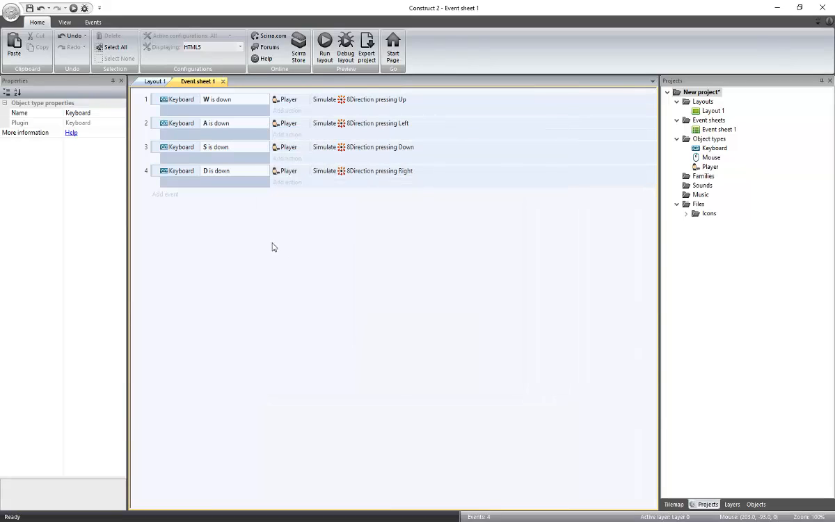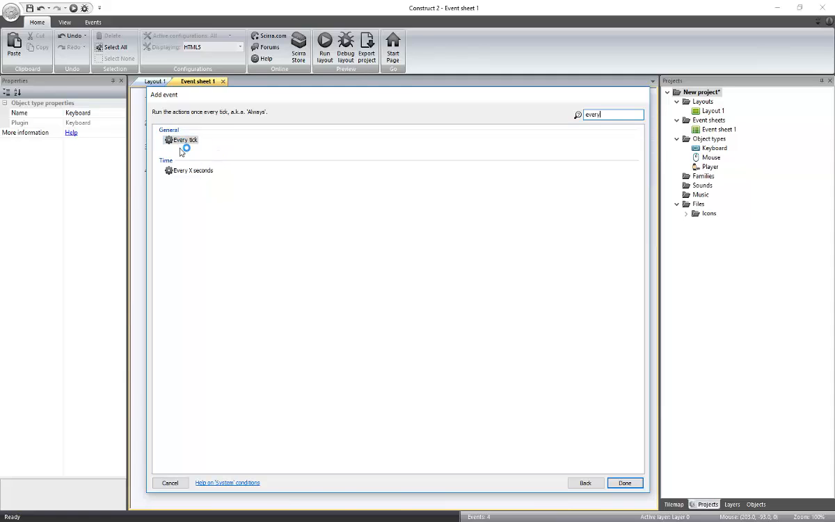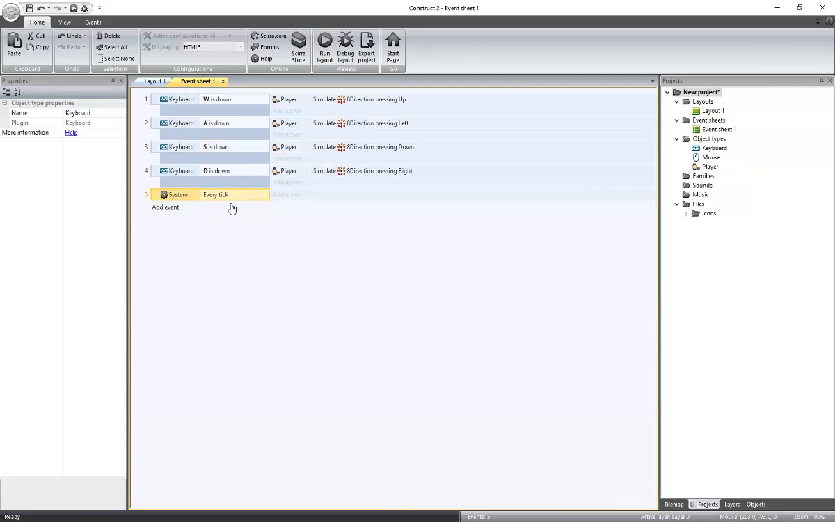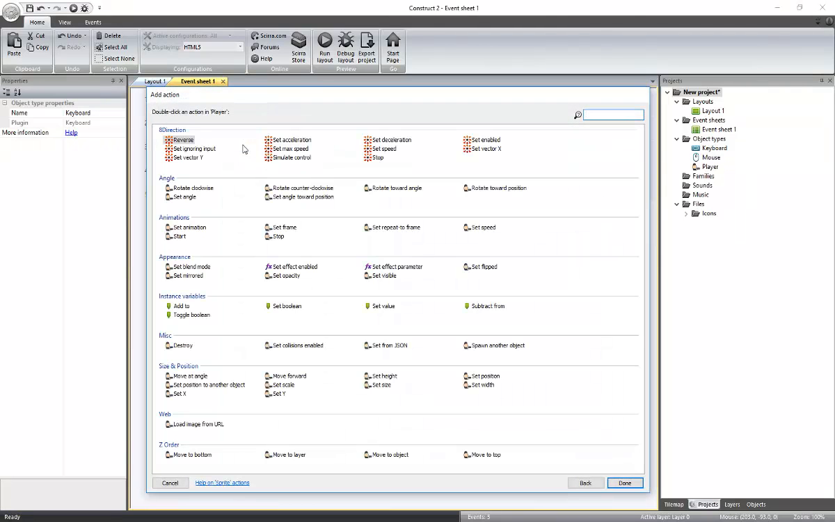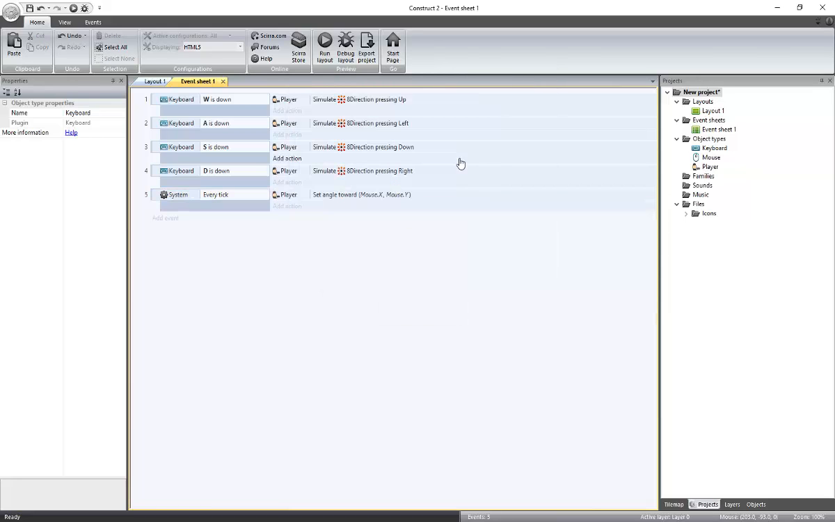So let's close that out and we'll change that. So what we'll do is double click, and this time we'll go into the system, start typing in every, and what we want is every tick so that it's doing it every frame. And we want to do the action of player, and we want to set angle toward position. And if we just start typing in mouse, it'll bring it up, so you can just hit enter and it'll select that for you. So we want mouse.x and mouse.y